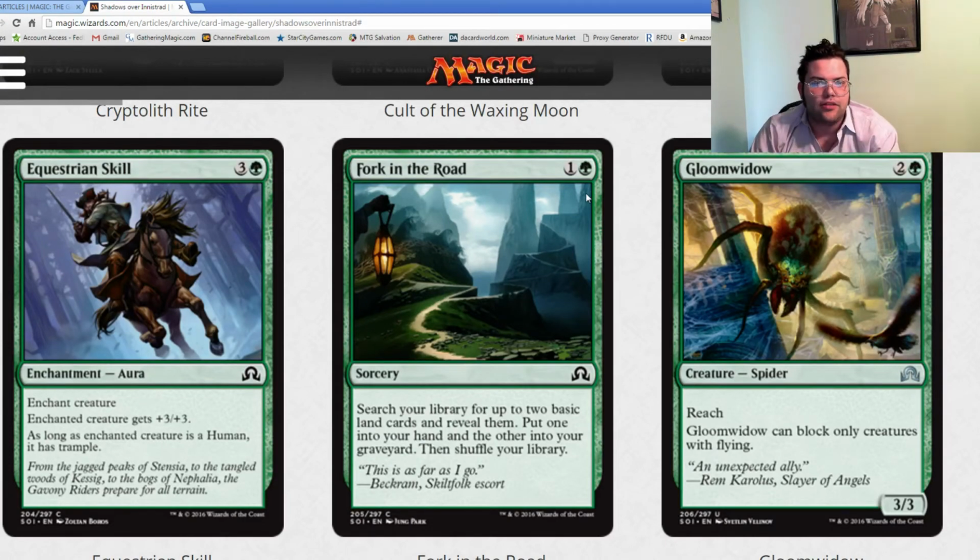Gloom Widow is 3 and a green for a 3/3 reach. It can only block creatures with flying. This is a great card. Solid B- here. Card that I'm happy to run often. I'll run as many as I can get. It's not the best blocker in the world, but it attacks well, and there's enough blockers that matter that I'm happy with it. Looking at this card makes me kind of slightly rethink what I was saying about the wolf